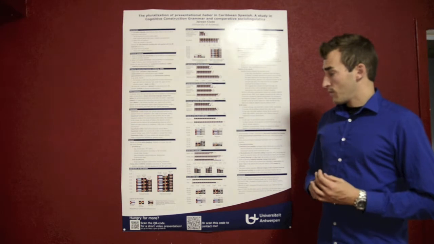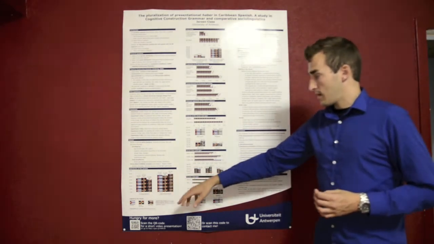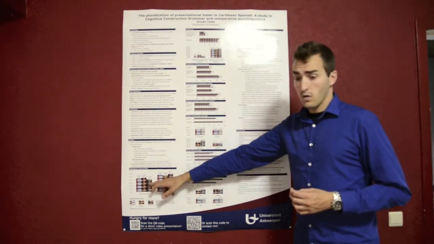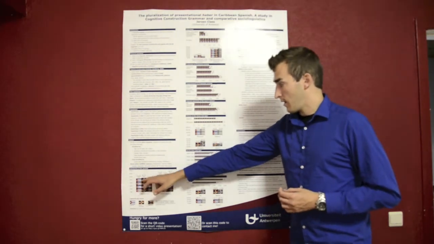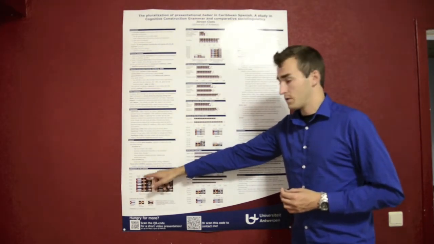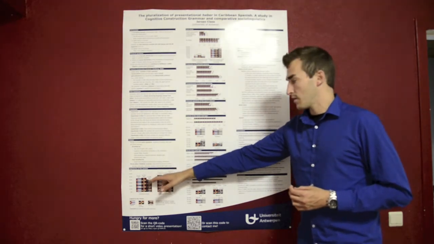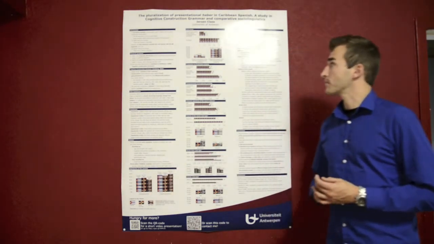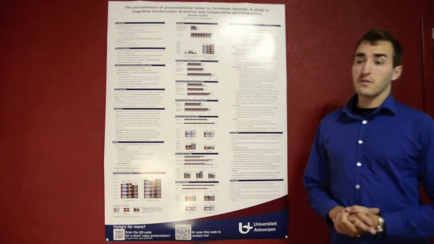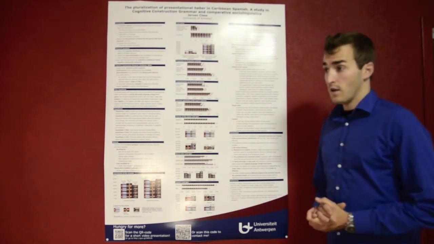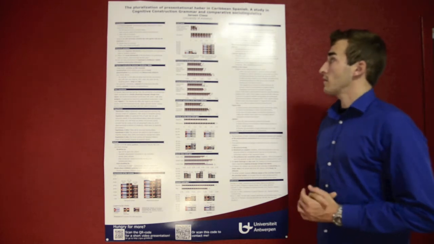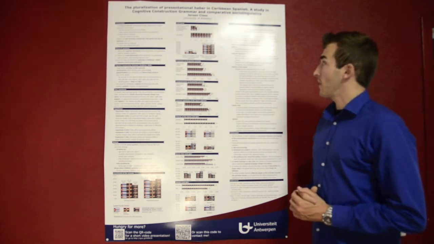Perhaps what is useful to remember from this general distribution is that San Juan clearly represents the lowest overall rate of pluralization, followed by Havana, and finally Santo Domingo, which represents the most advanced stage of this change. Turning now to the results that were obtained for the specific factor groups that were tested in the investigation, you can see on the center top part of the poster that, as was expected,